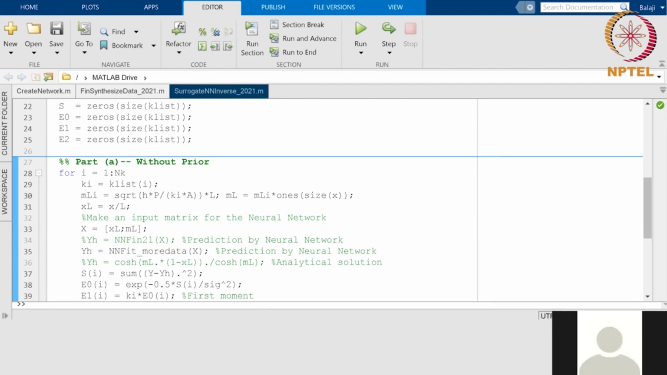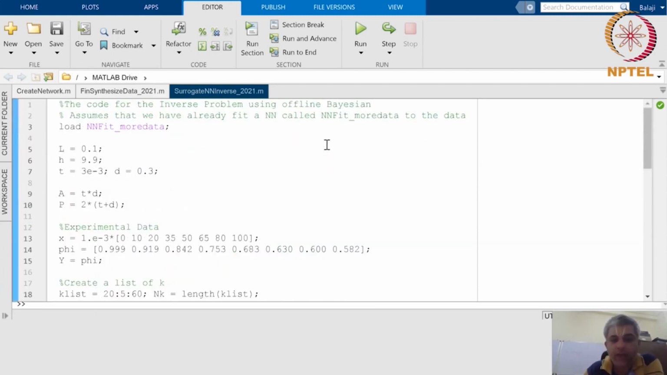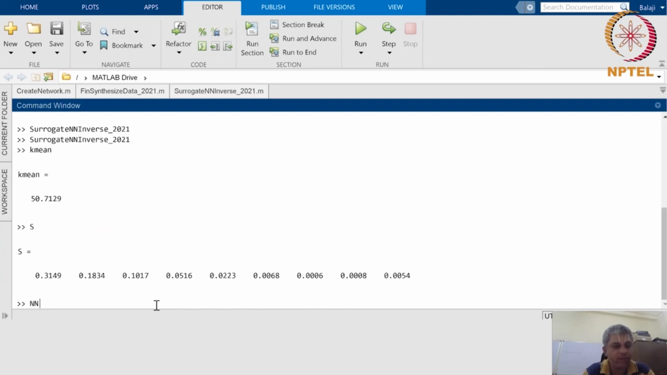Sir, you used one tool for neural networks. So whatever results you get, whatever parameters you get, how do you transfer them to the code? That is an option within MATLAB. It's available. It stores it as a structure. Okay, so if I show you,